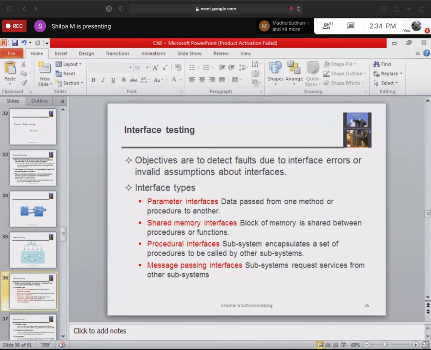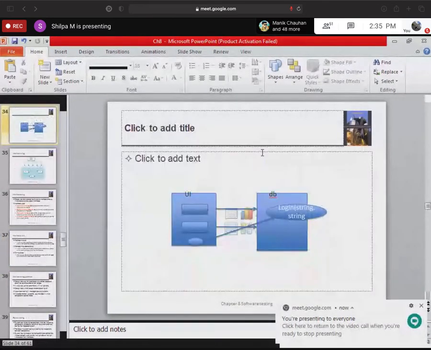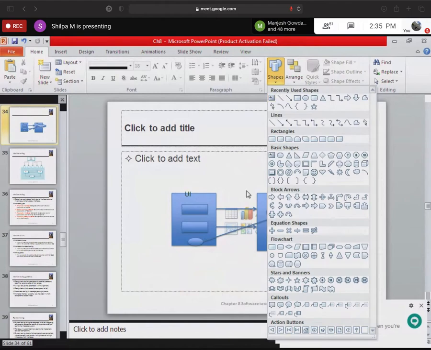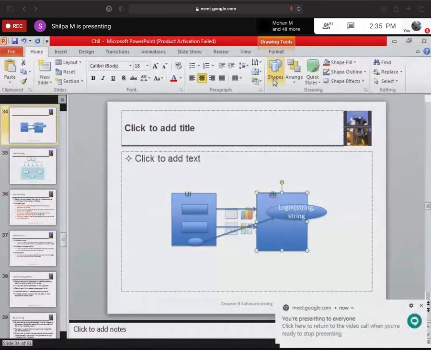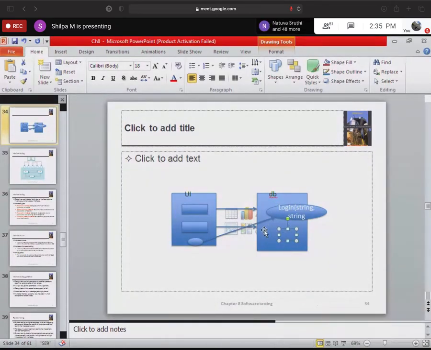Okay, sorry. So in shared memory, there are multiple processes. I'll go to the same picture because you would not have seen it much. What do I mean by shared memory? Let's say within this database there is a file. And what does this file contain? This file contains the list of usernames and a particular password associated with each username. Let's say all your Gmail IDs, most of the time they will be encrypted. Fine, I agree with you all. So the encrypted username and password are placed within this file.